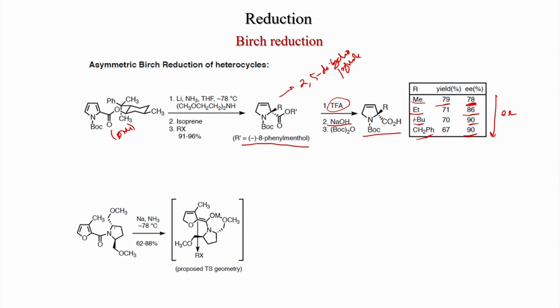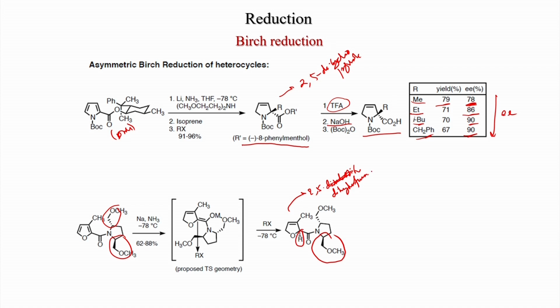Now, if you have a chiral auxiliary, this is C2 symmetric chiral auxiliary, and now if you treat this compound with sodium, liquid ammonia and -78 degree centigrade, you get this enolate, and now this enolate will react with RX, and this group which is closer here, if you see this group, this is top side, now this will be down. So, the alkylation will take place from the down side, and this is also 2,5-disubstituted 2,5-dihydrofuran. And now if you treat with 6 normal HCl, then this chiral auxiliary is cleaved, and you get a carboxylic acid,